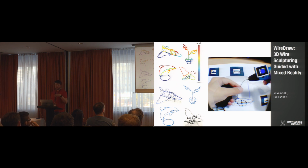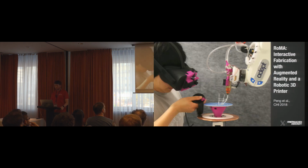So what they did was analyze these wireframe models and then calculate in which sequence the strokes have to be drawn so that I can recreate them, and then just showed it in AR so people could follow those lines and then draw it like that. And well, the results stood up, but as you can see, they're still a little bit wavy and not very smooth. To change that, this is from this year's SIGCHI, where they used a robotic arm that